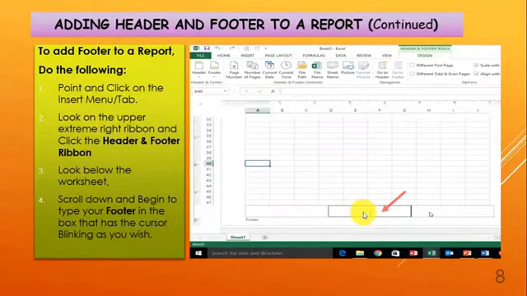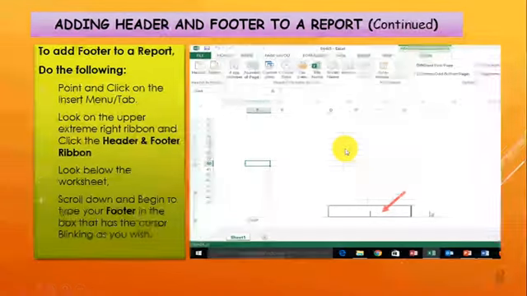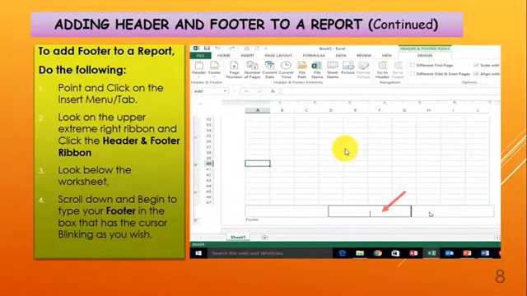After putting your header or footer, you point into the blank work area, meaning where you have your data, and double click from there. It will return you to your normal work. So move to